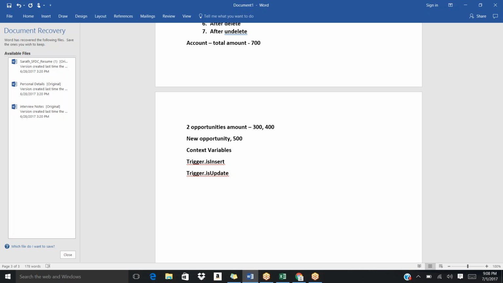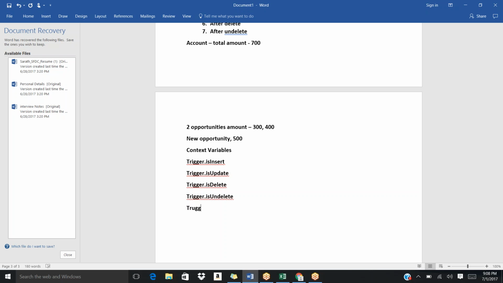We will see how we use these in practice. Trigger dot isDelete, trigger dot isUndelete,